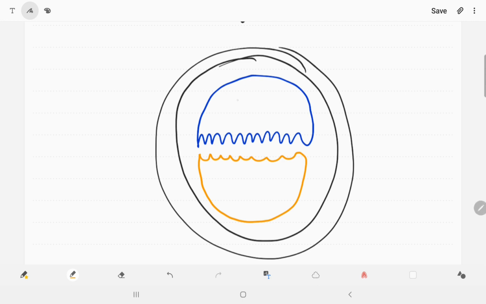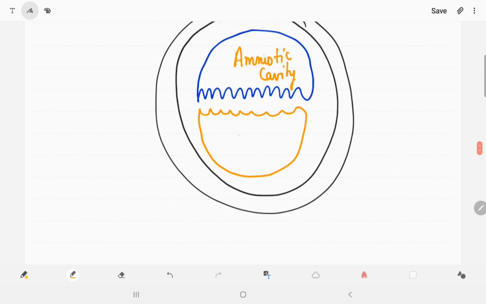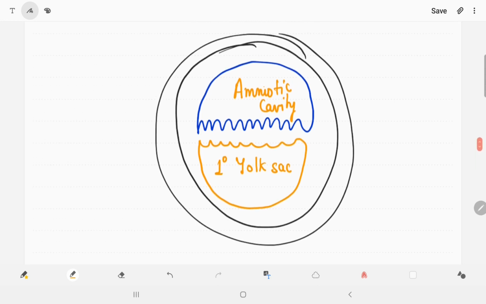What will I name those cavities? This is the amniotic cavity and this is the yolk sac. Now this is the primary yolk sac, okay? At this portion I will call it a primary yolk sac, and I have a bilaminar germ disc as I told you earlier. Now after this, what happens is,